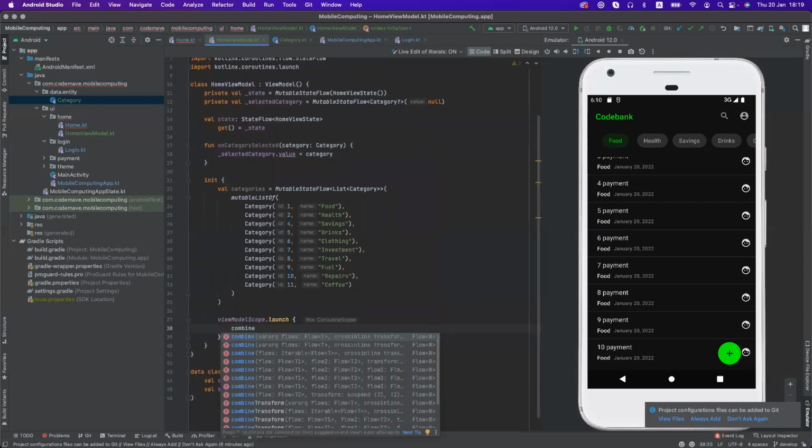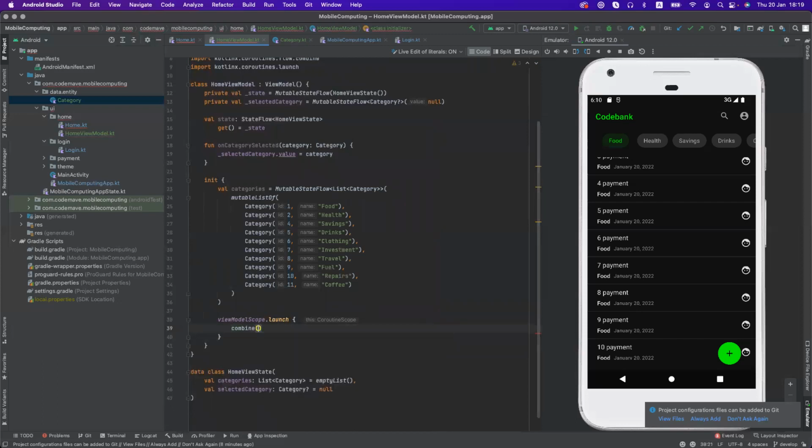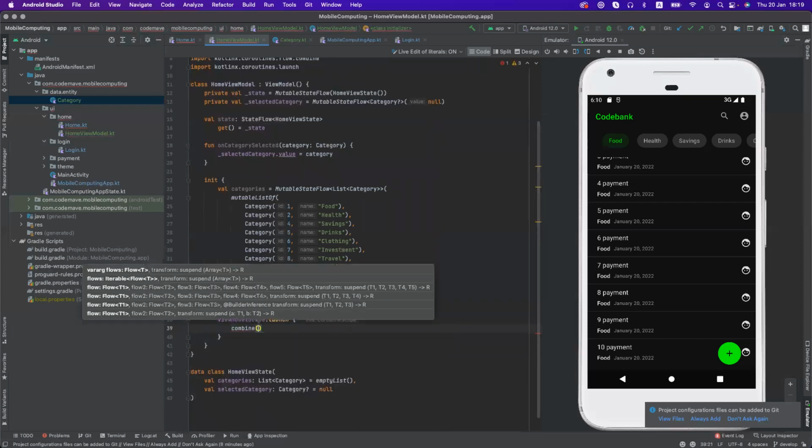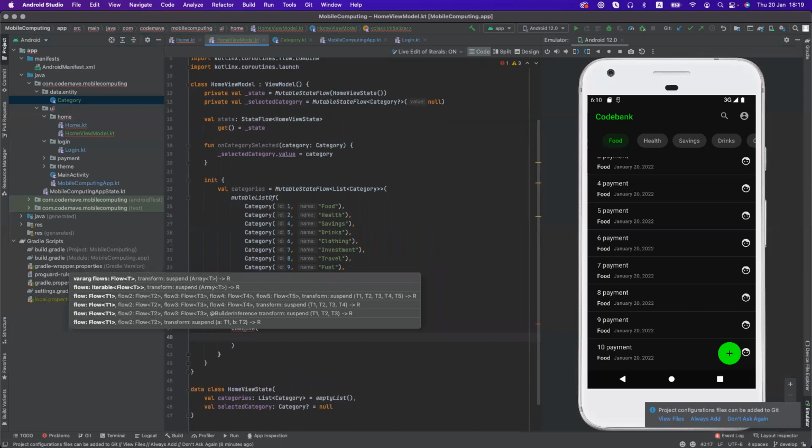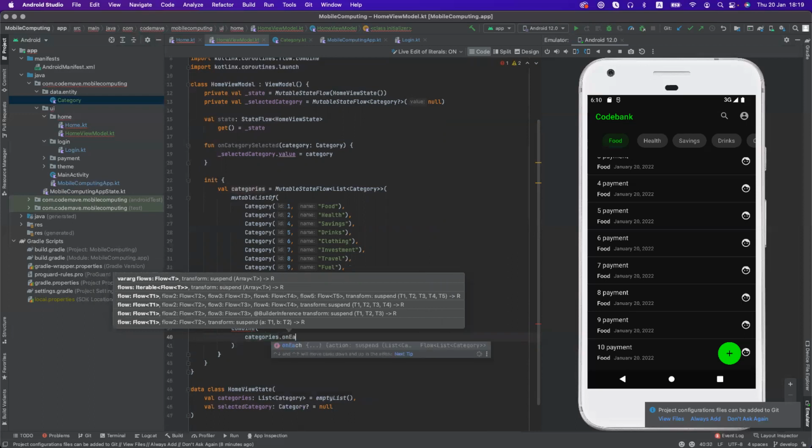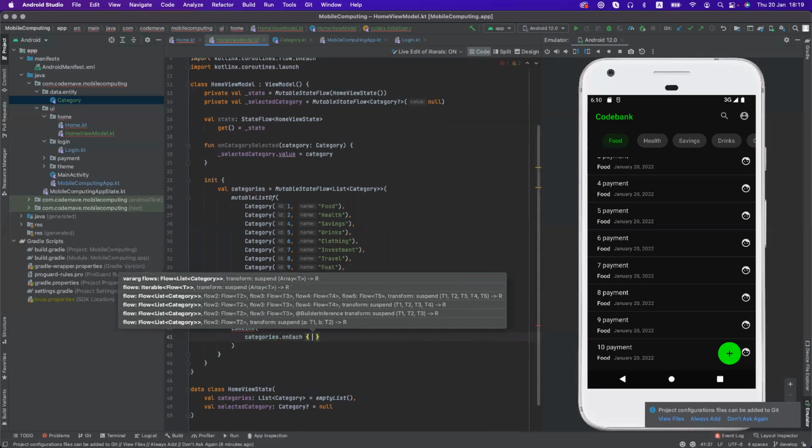And we will call combine. Now, combine is going to aggregate different data sources. It's going to help us combine different data sources into one response. All right, so we're going to combine our categories. That is the list we just created here. And we are going to say on each of these categories,